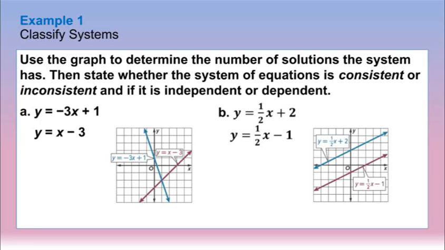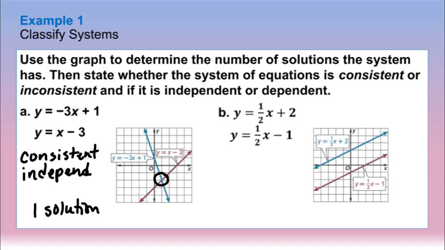You can see in the graph here in the coordinate plane that they do cross. They cross in one spot here. So because they do cross, this would be consistent. And it crosses in one spot, so there is one solution. Because it's consistent and it crosses in one spot, this would be independent. So one solution, consistent and independent. Letter B,